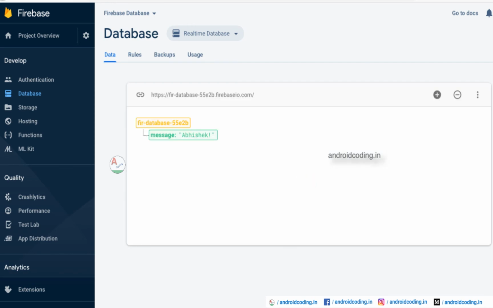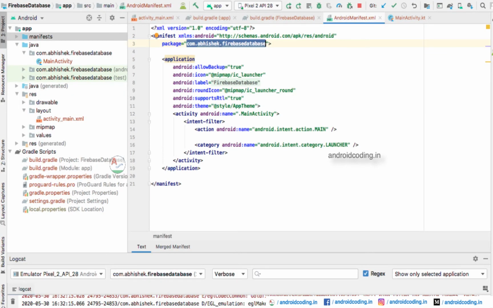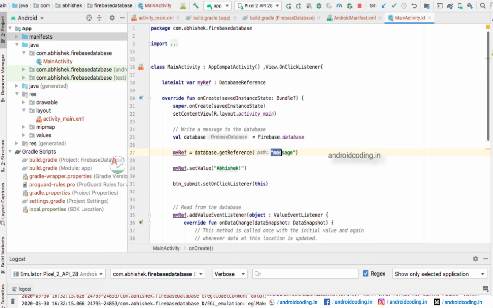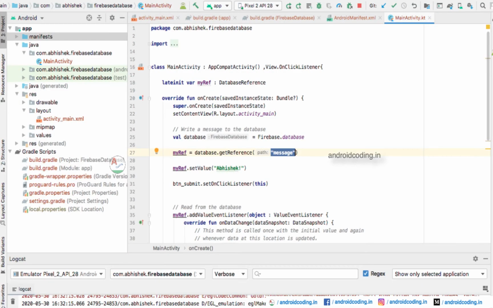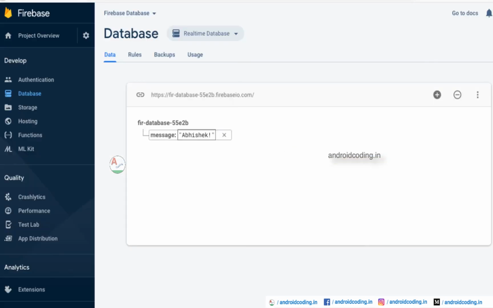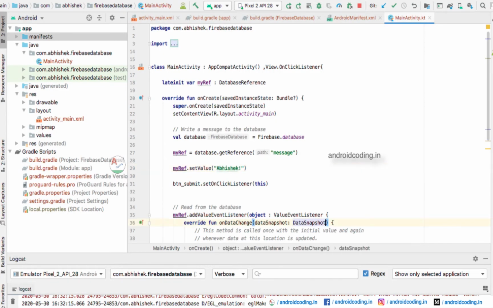So that is a primary step, and here you can see message. You have seen the message here, right? In our main activity we have defined the message path here. So I think you got clarified now. Here we are using this key message as a key to insert the value and to retrieve the value, and here my name is there, and you can see we have passed my name. So that is getting reflected over here, and if you really want to check it out once again, I will do something more.